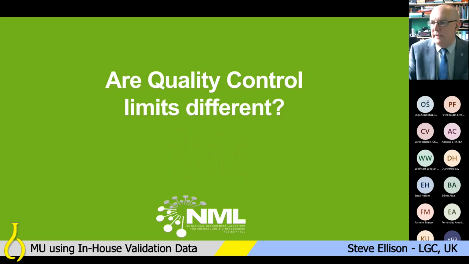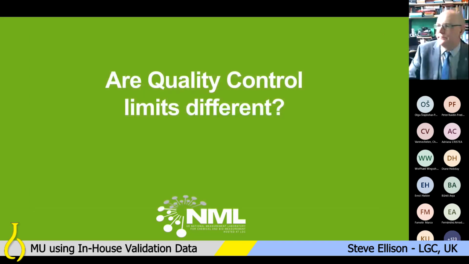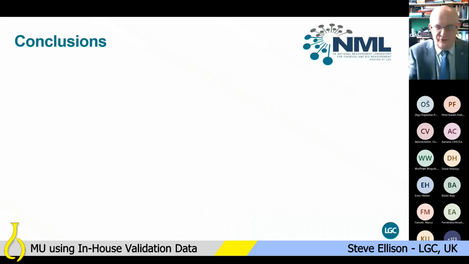Okay, we seem to have peaked out. That's interesting that looking at the poll results so far, it's more balanced, that in the quality control circumstance, it looks like the permitted range might actually be a more acceptable thing to consider. Well, let me wrap up and thank you for the feedback there.